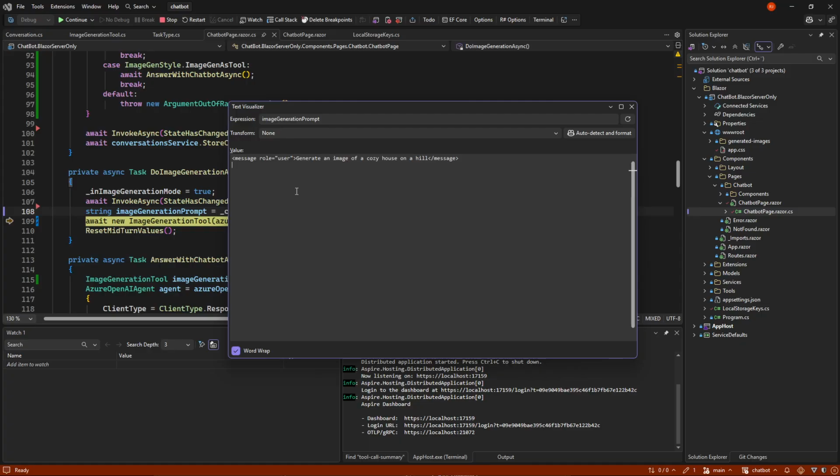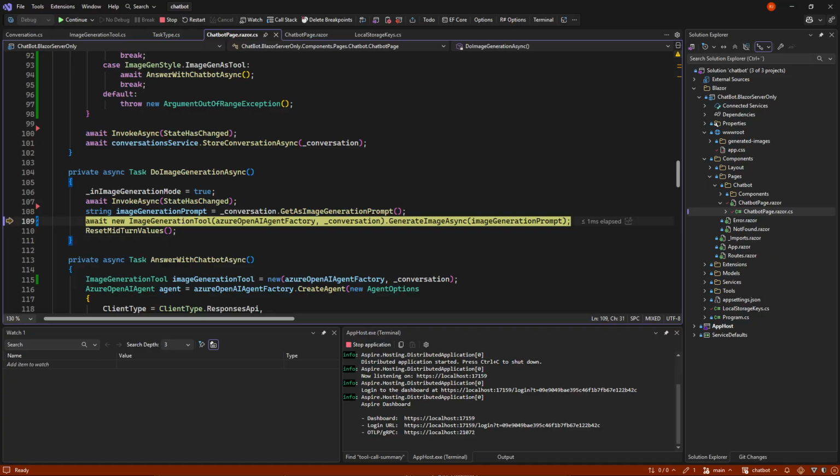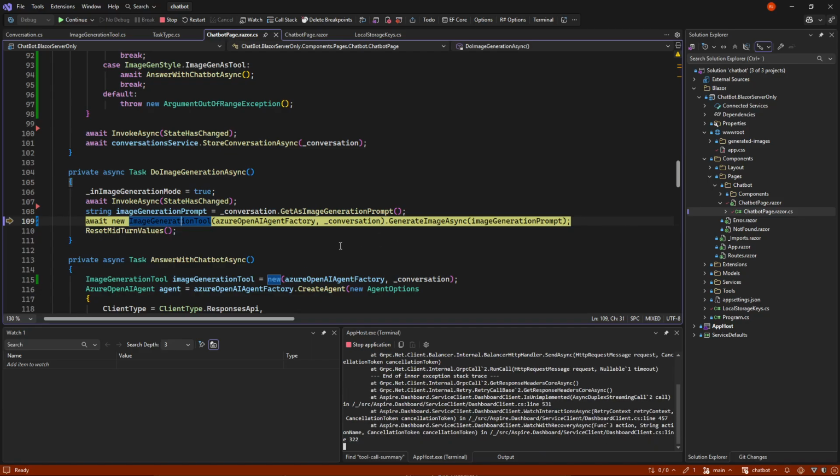So we can, in this case, just one message. But if I later said, no, make it summertime or make it winter time, then it will be able to understand that it still generates an image, but it's just with a different tweak to the image generation. Here I have a small image generation tool. I put it out as a tool here itself, where we call it manually here, but later on we will see that the agent itself can also call this tool, and we're giving in the prompt.